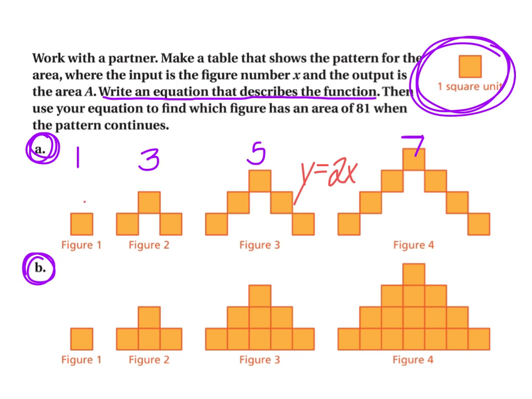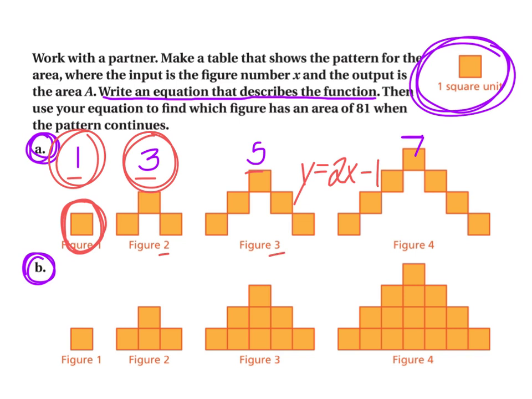But we're starting with 1, right? So if I plug in 1 for x right there, I'm going to get 2. Well, I need to get 1, and then I need to get 3, and then I need to get 5. So if I write -1, then if I do plug 1 in, I'll get 2x, or 2 minus 1, which is 1. And then if I plug in 2 for figure 2, if I plug in 2 for x, I'll get 4 minus 1, which is 3. And if I plug in 3 for x, I get 6 minus 1, which is 5. So we actually can write the equation, or the function rule, y equals 2x minus 1,